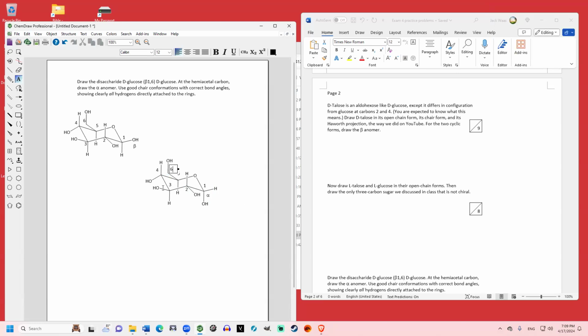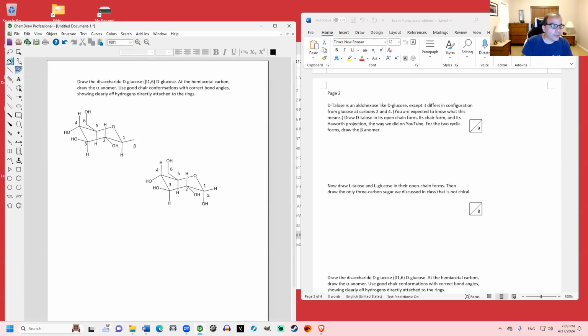Gotcha. Thank you. And like I said, I haven't introduced this in class yet. We'll go over this on Friday. We'll do at least one example besides this one on Friday. So what we're going to do is connect the carbon 1 of the first glucose to the OH on carbon 6 of the second glucose. And I realize moving things around on the computer is a lot easier; you can't exactly do this with a pencil. But you basically want that oxygen